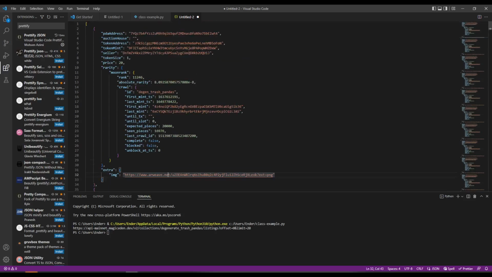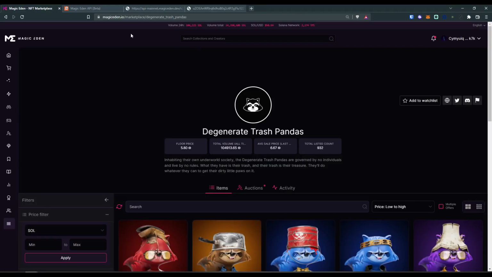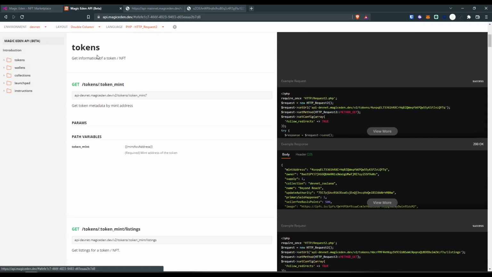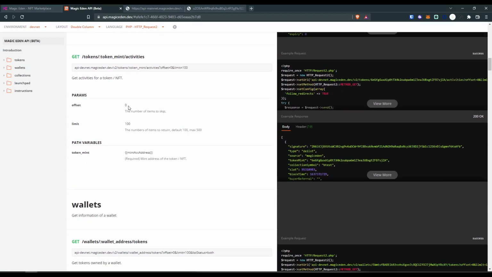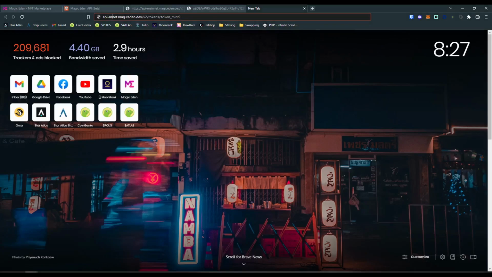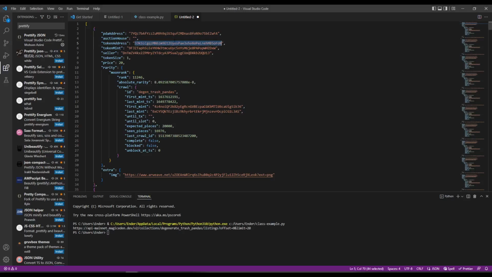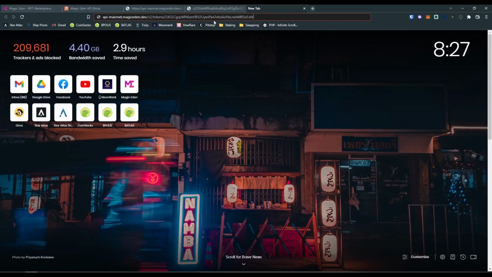If you go into the actual token address, and if we go over to, well, see, the image is there. But if we went to Magic Eden and we went all the way up to the tokens, and then let's go down to tokens. Which one? Token. Yeah, I just want to see this one here. So I'll put that in, and then I make that mainnet. And I need that specific token ID. So if I went back to my code, grab this token address, and put that in here, this one here, put that at the end,